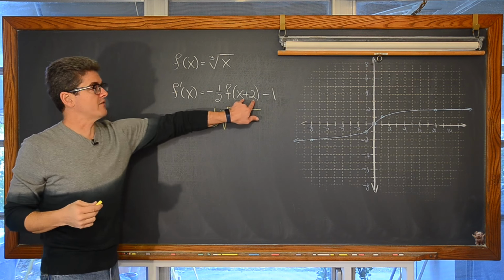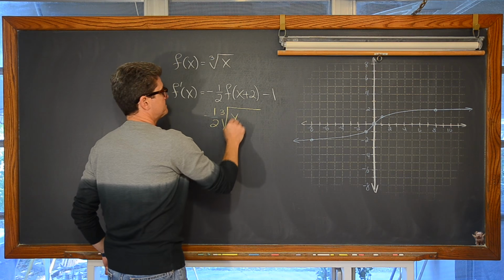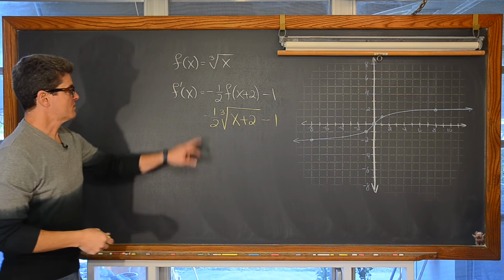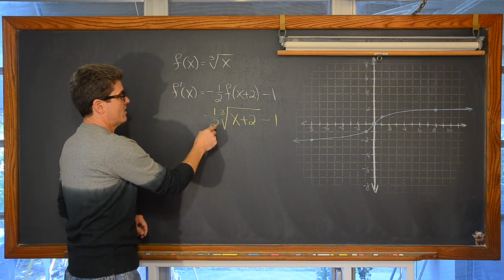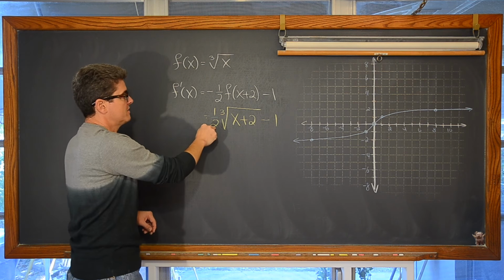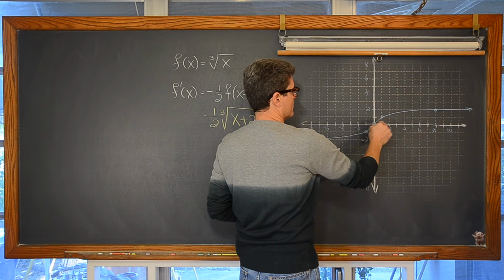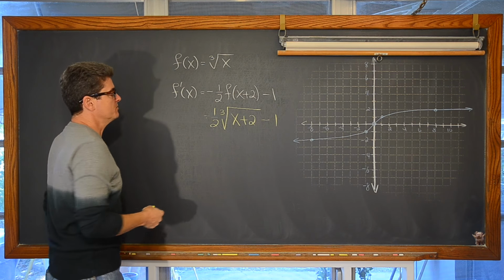Inside of that function, we have an x plus 2 going in place of the independent variable x, and then minus 1. So we have a reflection over the y-axis. We have a horizontal compression of 1/2. So that means basically instead of going over 1 and up 1, I'm going to go over 1 and up just a half. And with the 8 and a 2, we have a shift.